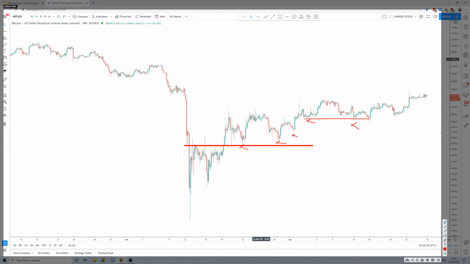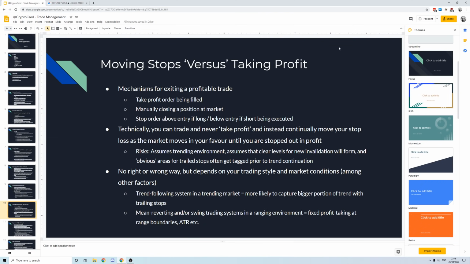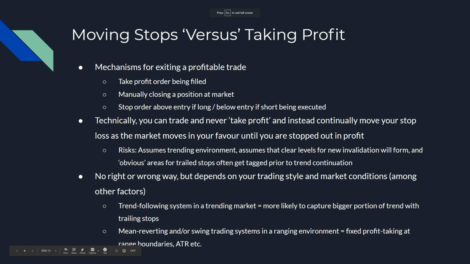Forget the specifics, it's the structure we're looking at of not having a fixed take profit, saying, okay, I'm going to trade from this range to this level here, but rather saying, okay, we've broken out of the range, decent argument for a trending environment there, so I'm just going to keep moving my stops up until I'm taken out. Okay, now what are the risks with that